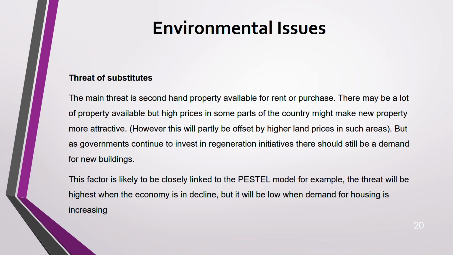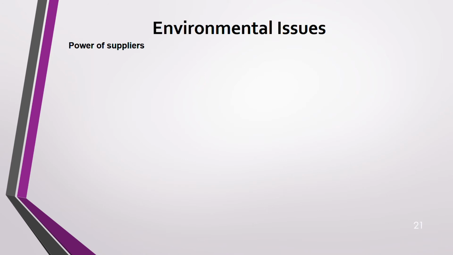So economy improving or declining is a factor from the PESTLE model, economic factor. But the threat of substitute is a factor from the Porter's Five Forces. So you see how these two are linked. Okay, in the exam you will not be told to link, but I'm just explaining to you that there's a link. Okay, now power of supplier